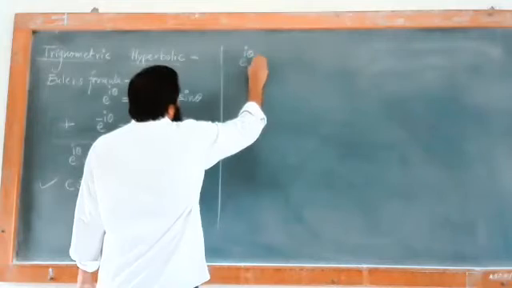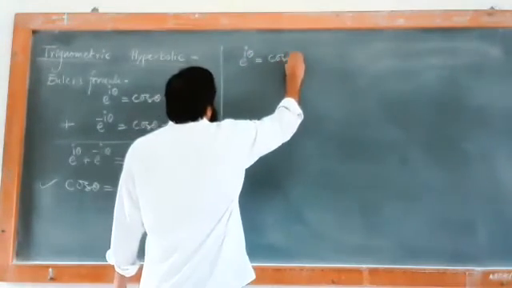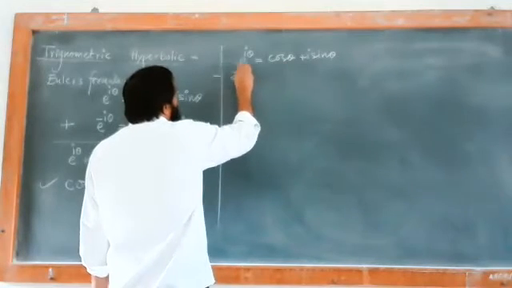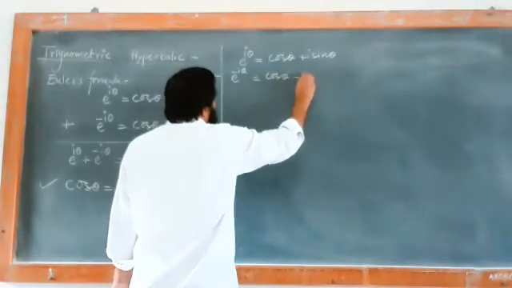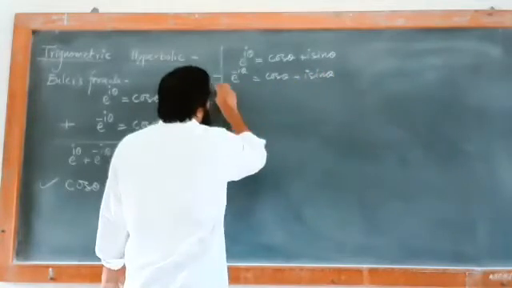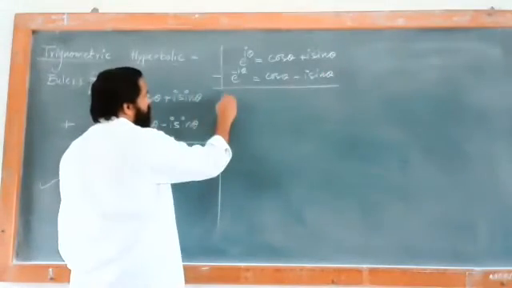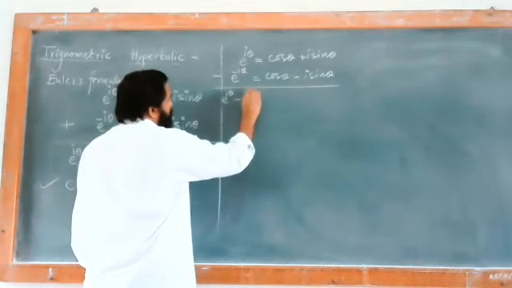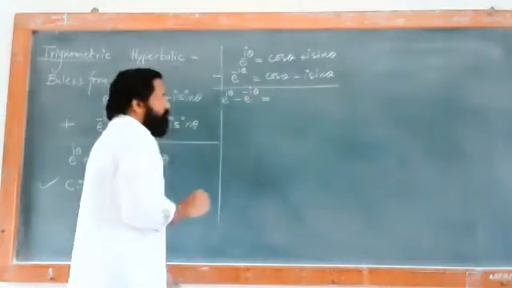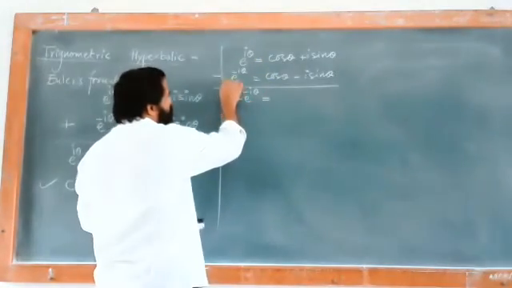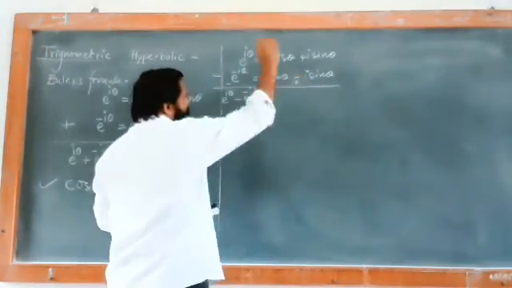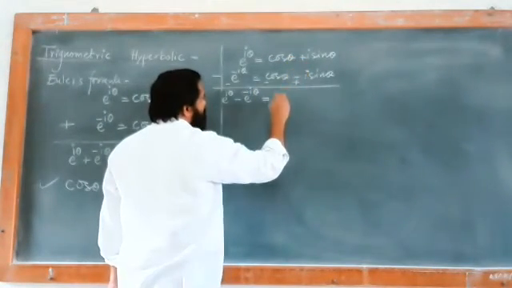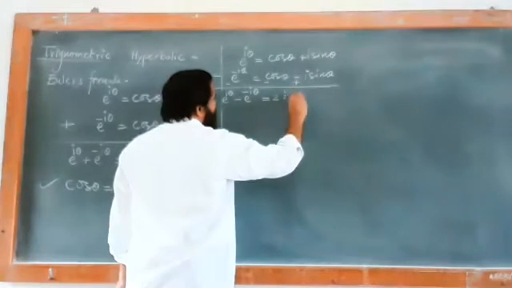This is e raised to I theta is equal to cos theta plus I sin theta, and this minus e raised to minus I theta is equal to cos of theta minus I sin of theta. So by subtracting this, what will we get? This is e raised to I theta, now this is minus e raised to minus I theta, and that is equal to cos theta, इथं माइनस होऊन जाईल, इथं माइनस होईल, हे माइनस से काय होईल? प्लस होईल. And so this cos theta will get cancelled out, plus I sin theta, that is nothing but twice I into sin theta.